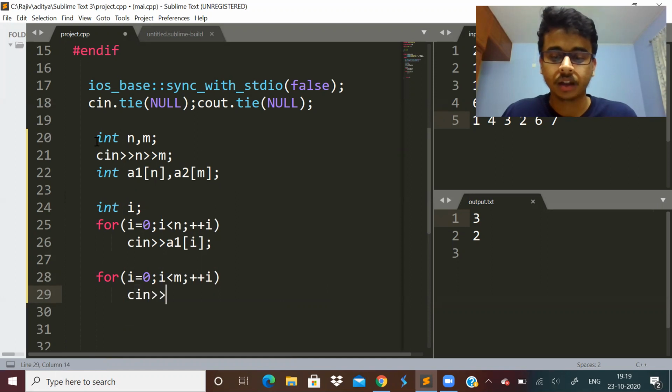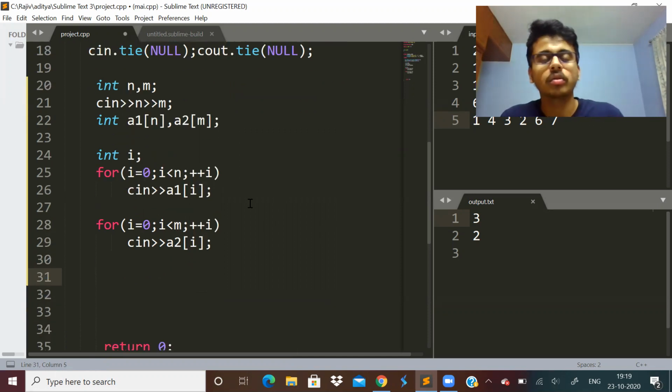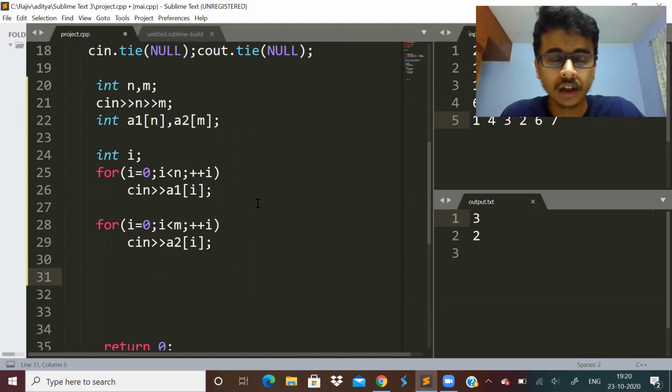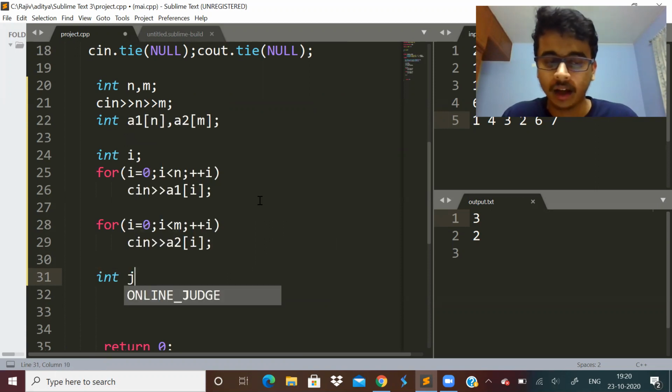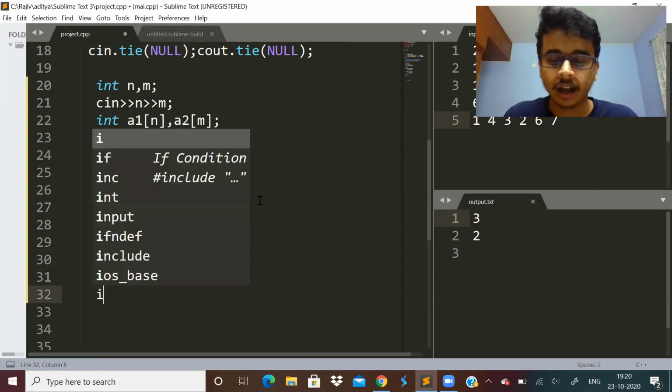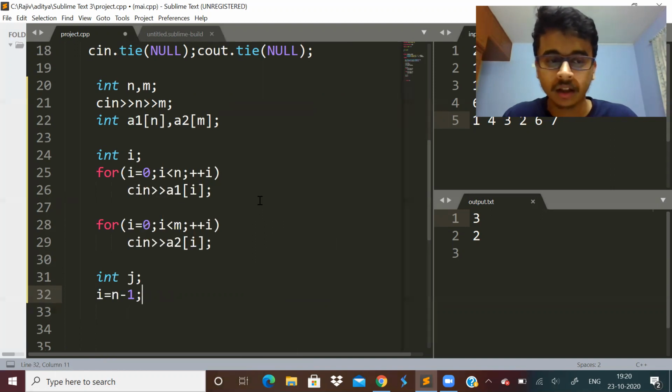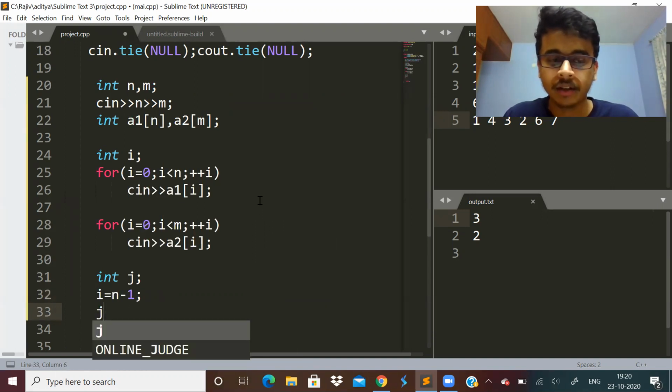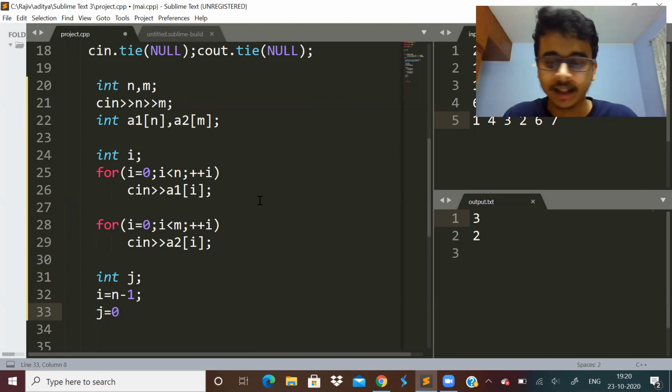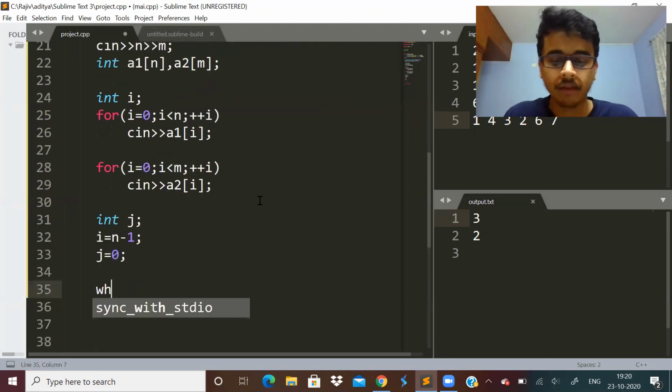And how to solve this without having extra space? So for no extra space, what we will do, let us take a variable j, okay? And let us set i to n minus 1. And j will be equal to 0. And let us say while i greater than 0 and j less than m,